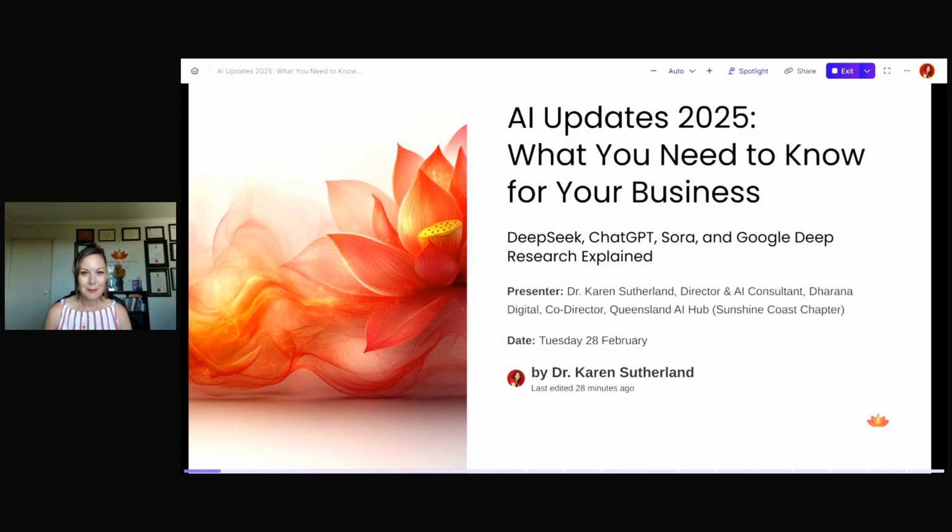And I'm glad I decided to start the year with AI updates because it's been a really wild ride over the last few days. As we saw in 2024, there were so many updates coming in through OpenAI in terms of ChatGPT, and they released Sora, and even Google had some updates as well with Gemini. And so I thought I'll focus on those.